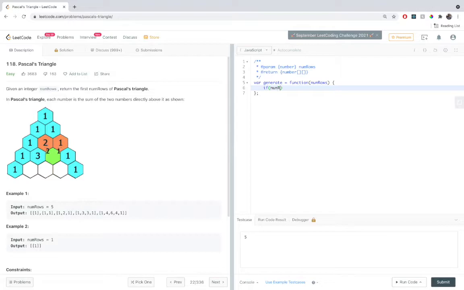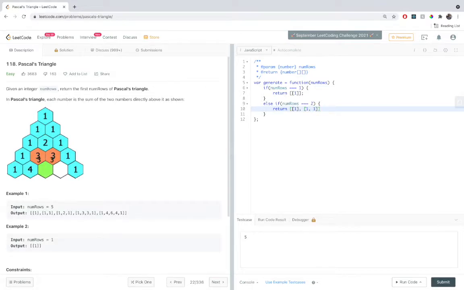If numRows triple equals 1, then we return this. Else if numRows equals 2, then we return the other base case, which is also visible in the diagram that is shown in the question.